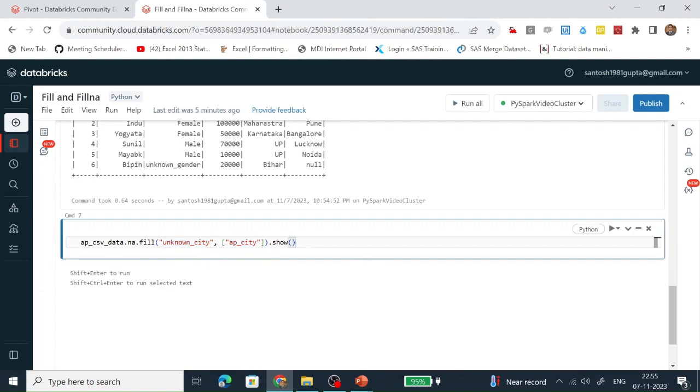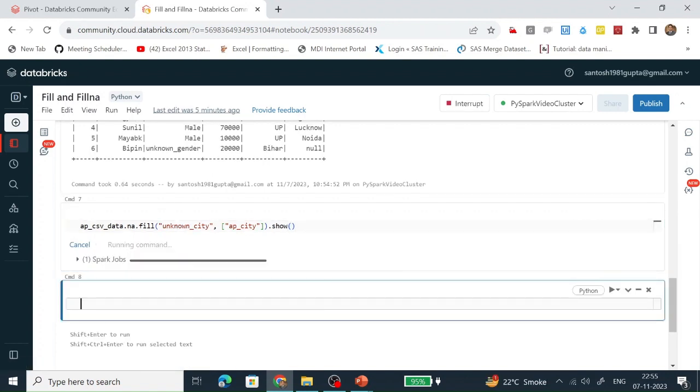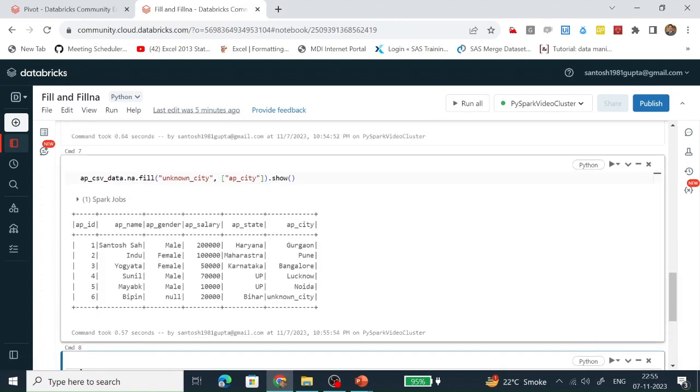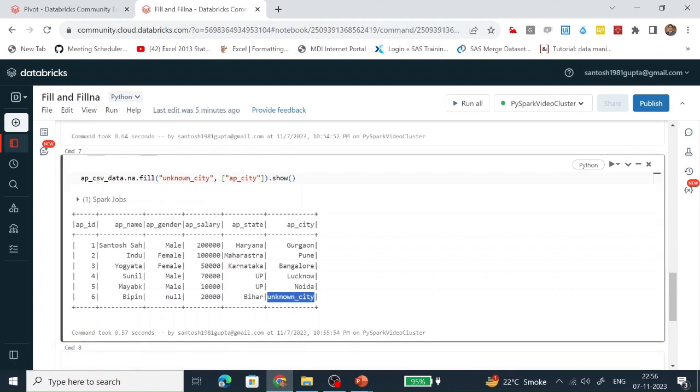Let's see how it works. You can see AP city had a null value here. Now it is populated with unknown city. AP gender also has a null value, but in this piece of code it is not populated with any text because we are filling the null values only for AP city.